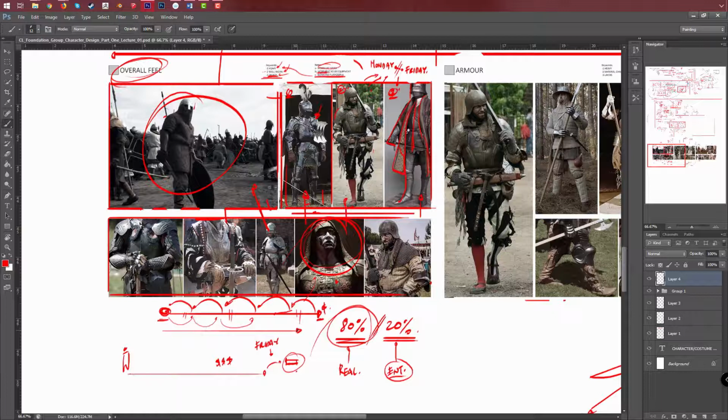Obviously, there are always going to be exceptions to the rule. There's always going to be art house films. There's always going to be more hardcore games or interactive experiences that are going for a very different market. But what I'm talking about here is really just the mass market, what most people are going to be after. So by keeping things about 80% real, what it allows for is an audience, when they